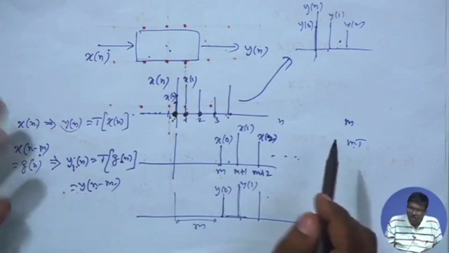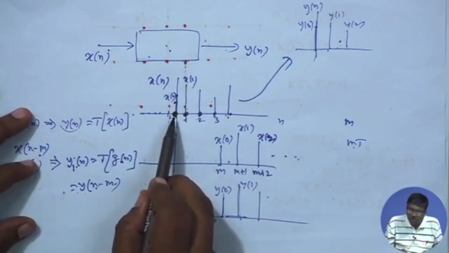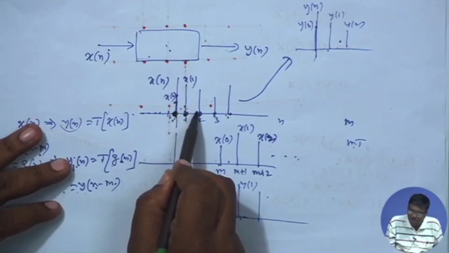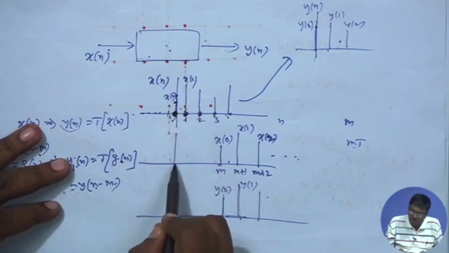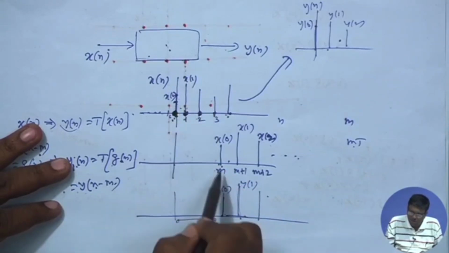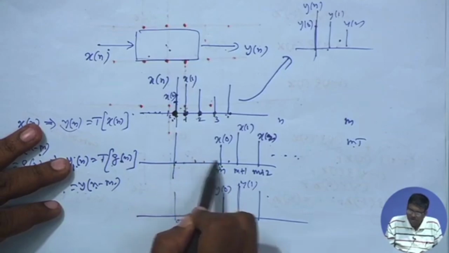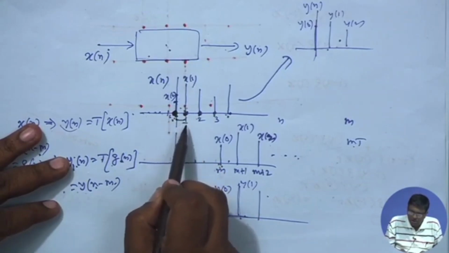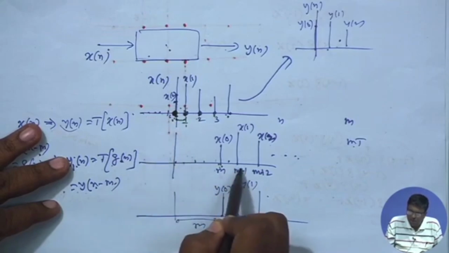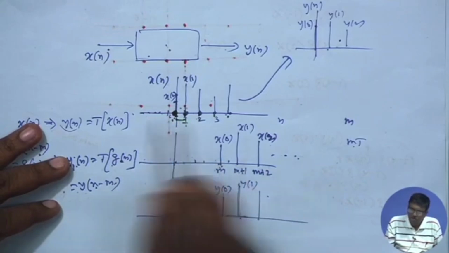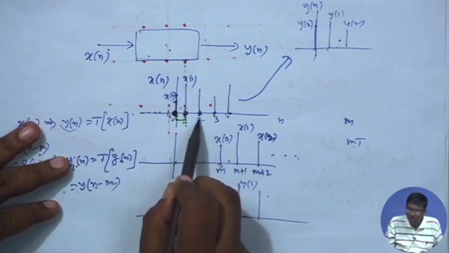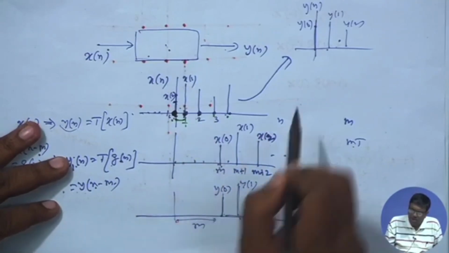Physically it means in the time domain I am introducing a delay. 1 delay means t, 2 delay means 2 t, 3 delay means 3 t. So, m times, since 0 goes to m times t, 1 t, 2 t. So, m t. Similarly, this point which is capital T, that goes to m plus 1 into t, capital T. So, we add another m into t delay. So, m plus 1 t. This is 2 t, add another m into t delay, m into t,